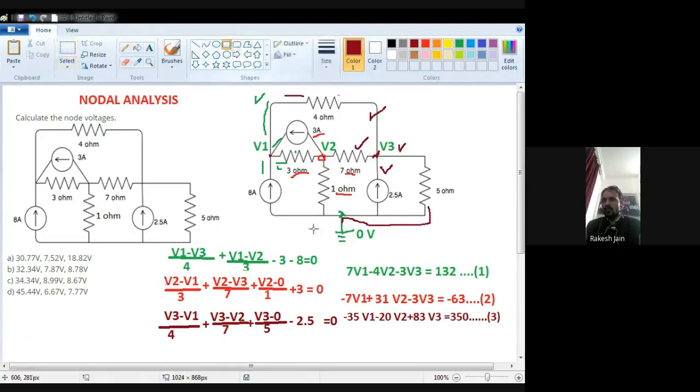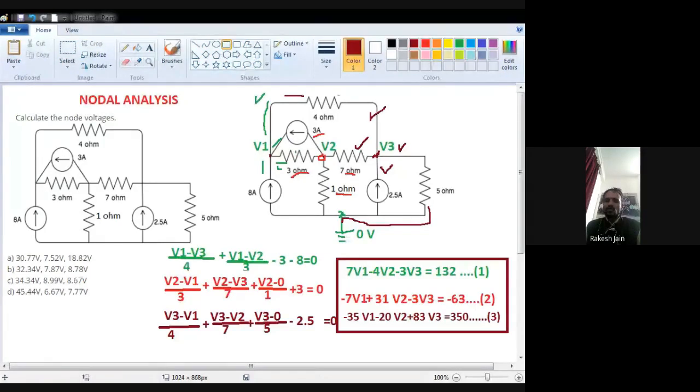from the calculations of the node voltages. Okay, now when we will solve these three equations, we will find out the answer. So how to write down the equations of the nodal analysis